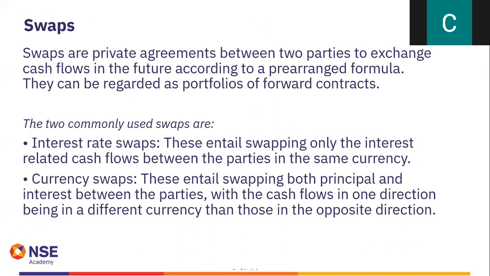Then you have something called swaps. Swaps are nothing but private agreements between two parties to exchange cash flows in the future according to a pre-arranged formula. They can be regarded as portfolios of forward contracts, so a customized or improvised version of forward contracts. And the commonly used swaps are interest rate swaps. Say, for example,